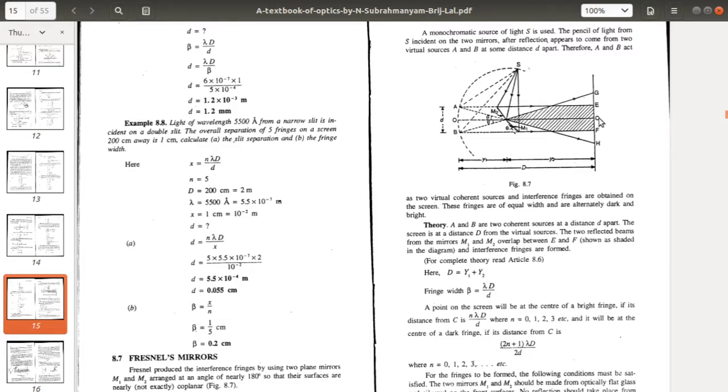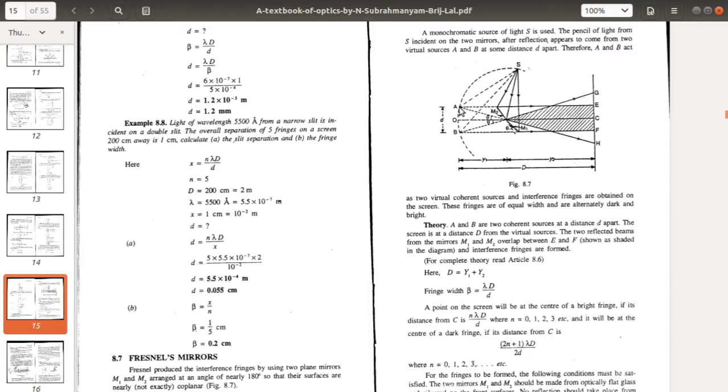And C is the central point where the distance from this point of contact of the mirrors is equal, so this will be a central point. We can see this in more detail. The light reflecting from these points, this line and this line, appears to come from a virtual source placed behind the mirrors,